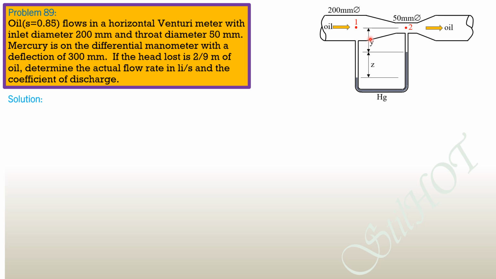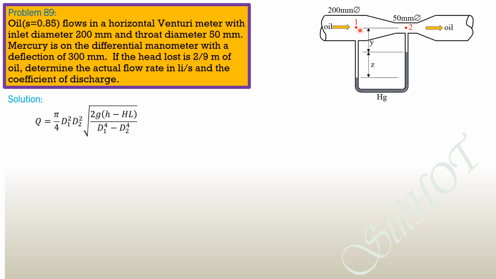So this is the configuration of this problem to help us analyze the situation. Although the formula is pi over 4 d1 squared d2 squared root of 2g quantity h minus head loss over d1 to the fourth minus d2 to the fourth, where h is the difference in pressure head and elevation head at 1, the inlet, minus